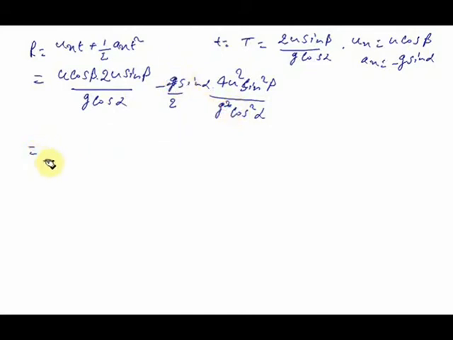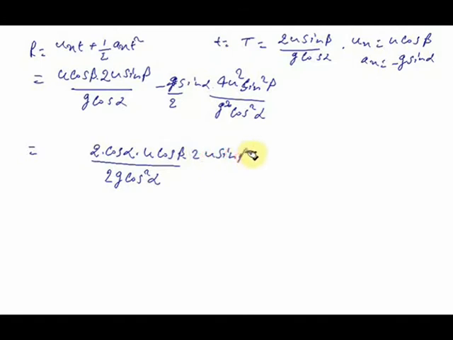So we can cancel out one g here. Now making the denominator of these two terms common, we'll get 2g cos square alpha, and in the numerator we'll have to multiply this numerator with 2 cos alpha, so we'll get 2 cos alpha into u cos beta into 2u sin beta minus 4u square sin alpha into sin beta, which is equal to, again we can take 4 sin beta common in the numerator, so